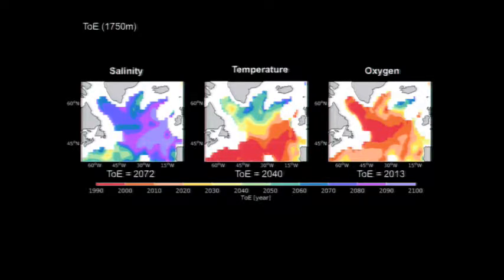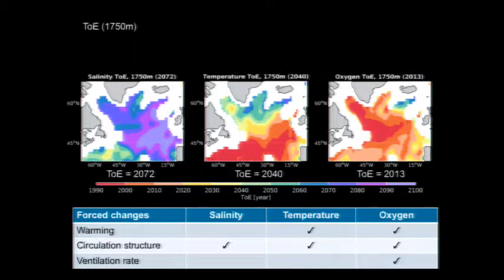If you look at the mean average of time of emergence, salinity is very late. Temperature is in the middle, and oxygen is actually very, very early. And most of the regions are showing red here, which can already be detectable as soon as we see this change in the circulation. The reason we argue that oxygen is a good indicator for circulation compared to salinity and